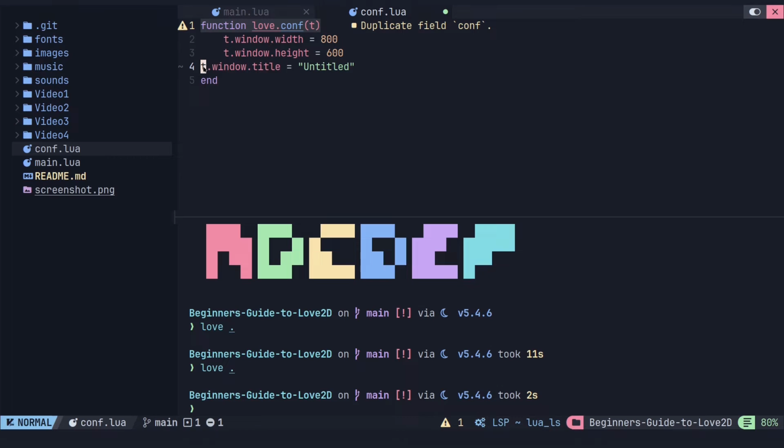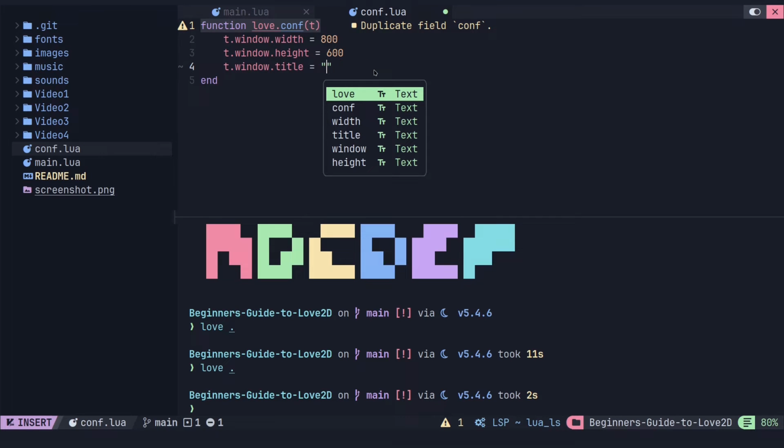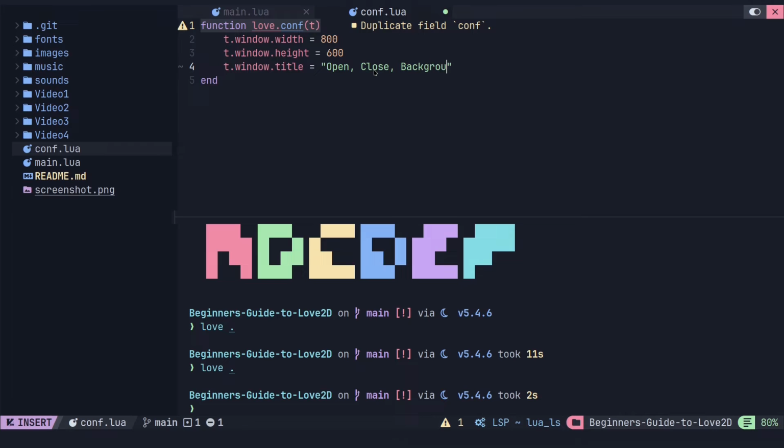And we can name this what we want to show on the title of our window. So I'm going to call it open close background colors, because that's the name of this video that I'm making. It's showing you how to open, how to close, how to draw background, and how to change colors. Okay, so if I've set that now,